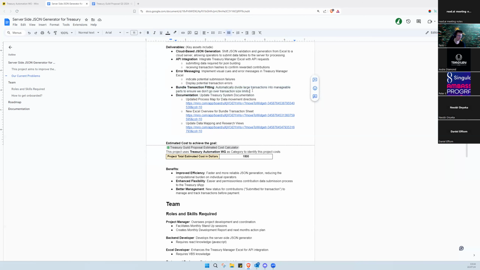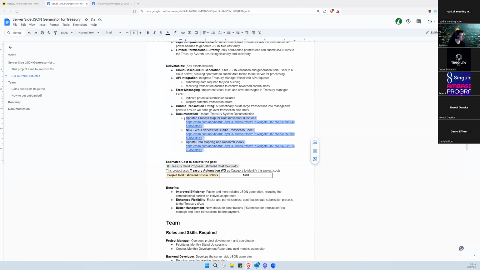But yeah, there are further things we could improve and automate. Documentation, these are 3 things where we always have very bad documentation. There is a snapshot of last year, or some of them are even 2 years old. So updating and process mapping, starting from basic things, what we can deliver for the next session is documentation, clear processes, what is being expected, and also an overview of the transaction sheet, where right now we have only the guide for the first part,